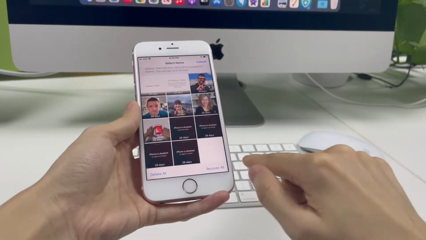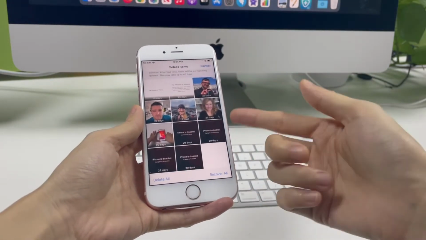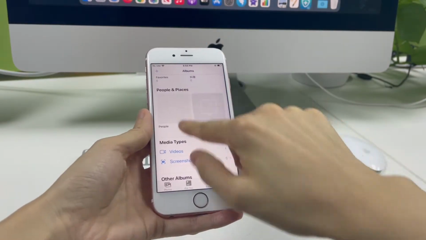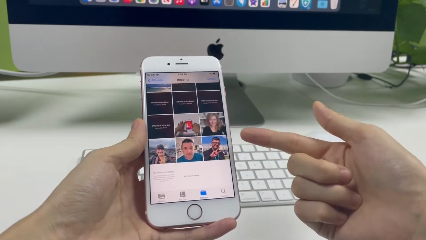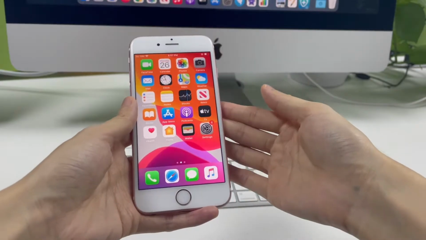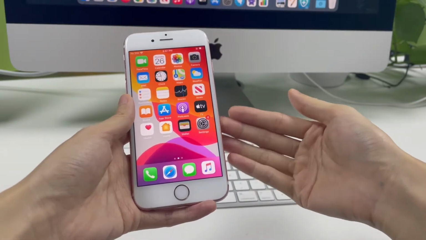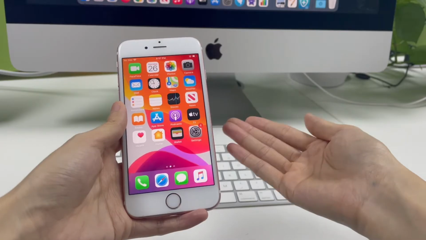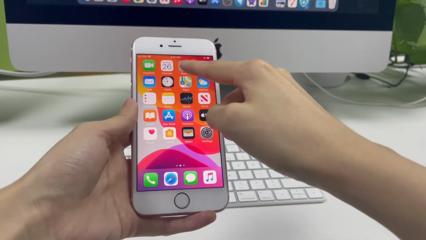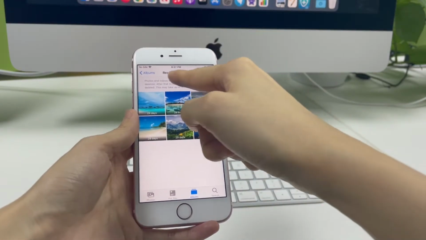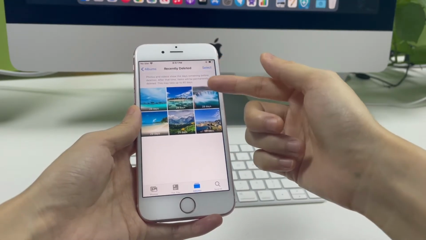Select every photo you want to return to your iPhone and then tap Recover. Alright, the photos are 100% recovered and intact. Let's move on to the second case, as well as the second method, to recover permanently deleted photos with no backup. You just managed to recover photos from the recently deleted folder, but now I delete all photos there.